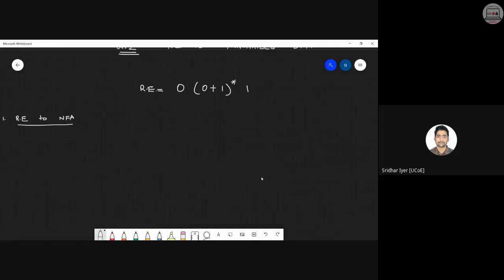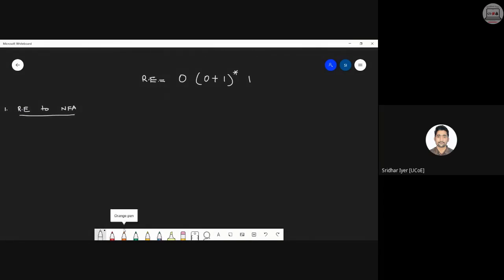Whatever we have been doing until now, simply do that only. Convert this into an NFA. How to do it? You all know it, right? Follow the steps and complete this and let me know how many states you're getting. Once you're done, kindly acknowledge, then I can move ahead. Okay, take your time, 2 minutes, 3 minutes maximum.